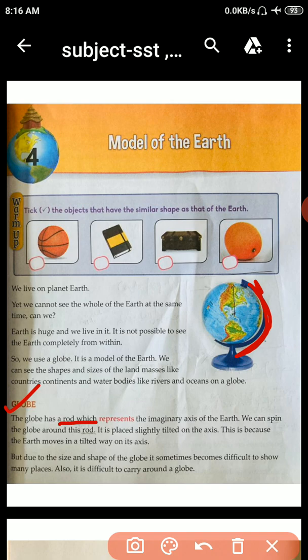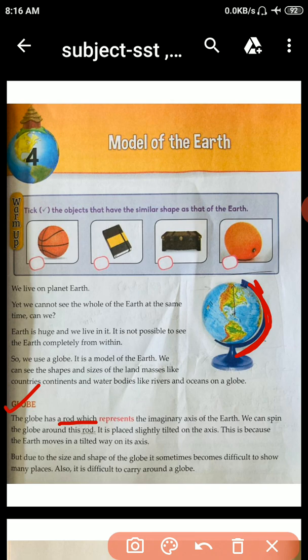Now students, spin, S-P-I-N, spin. Spin means to turn or cause to turn round and round rapidly. What does it mean? Spin means to turn or cause to turn round and round rapidly. I hope you understand, student.